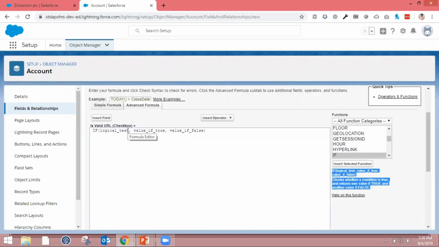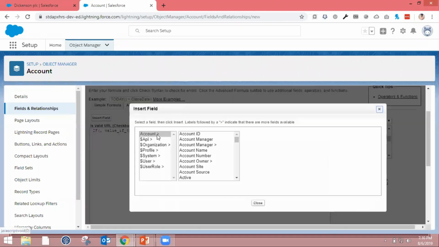The if condition is divided into three sections. First is the logical condition which we want to test. Second, if the value is true, what we are supposed to return, and third, if the value is false, what we are supposed to return. So in the first step, we are going to add the field. Which field are we going to check? The very first field, let's say the account site. So I say insert,